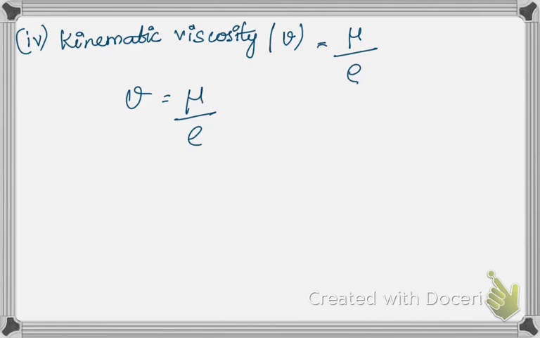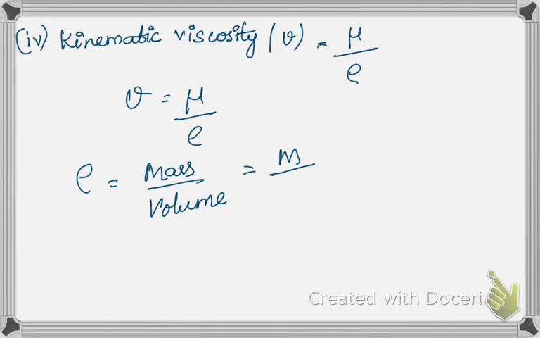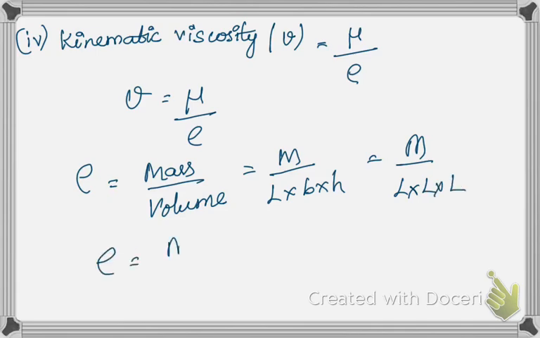Okay, so first I'll go with density, because that will be an easier one. Density is nothing but mass by volume, right? Mass by volume, that is density. So mass I can write as M. Volume, the unit for volume is meter cube, or else the formula, if I take length into breadth into height, so mass divided by length into length into length. So density is equal to M by L cube, which is M L power minus 3. So I'll keep this as 1. Okay, so the dimension for density is M L power minus 3.